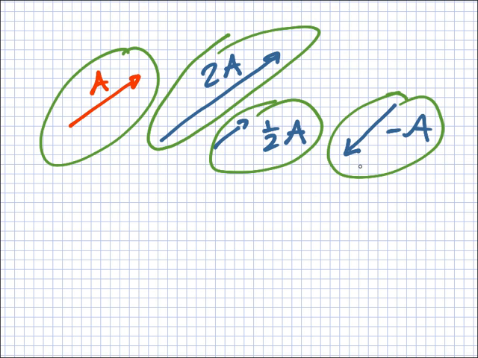What would minus 2A look like? Bigger, but yeah, bigger, but the other way around. 2 times. 2 times it, yeah. We're happy with that? Yeah? Okay, so,